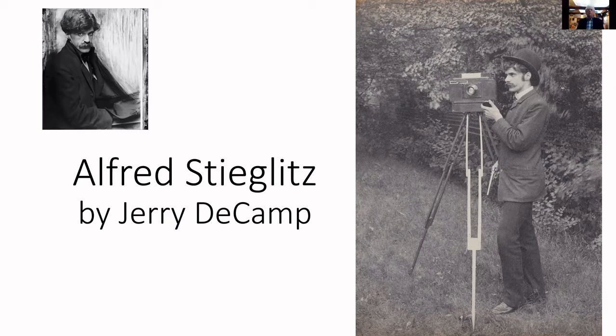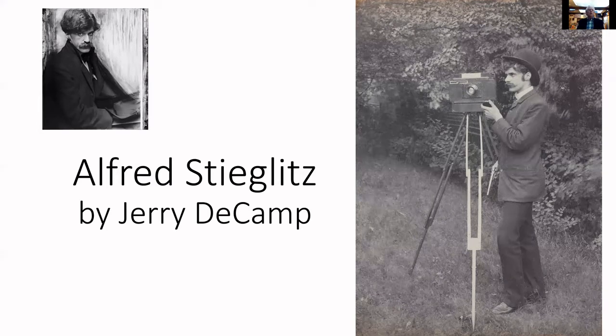He was a spectacular photographer at a time when photography was incredibly difficult, but he also is probably the person single-handedly most responsible for bringing photography into the United States as an accepted art form. Before Stieglitz's work, photography was thought of as a recording medium, kind of like a machine, rather than an art form. And he single-handedly changed that perception, not just by his work, but by a whole bunch of things that we'll discuss today.